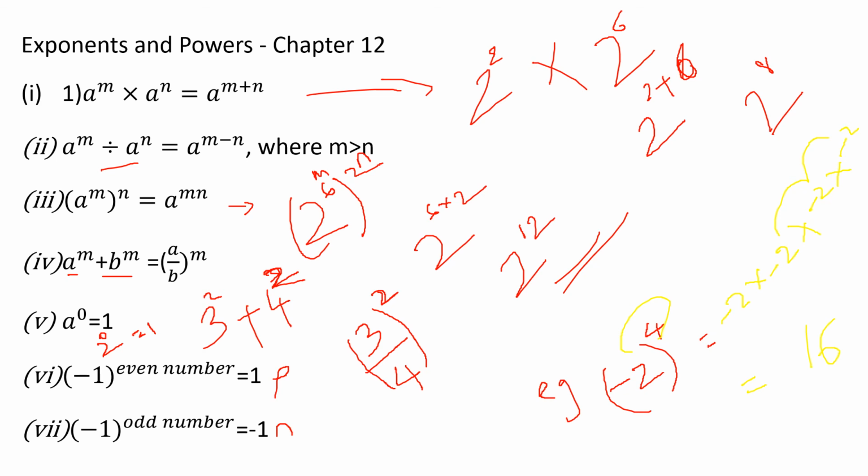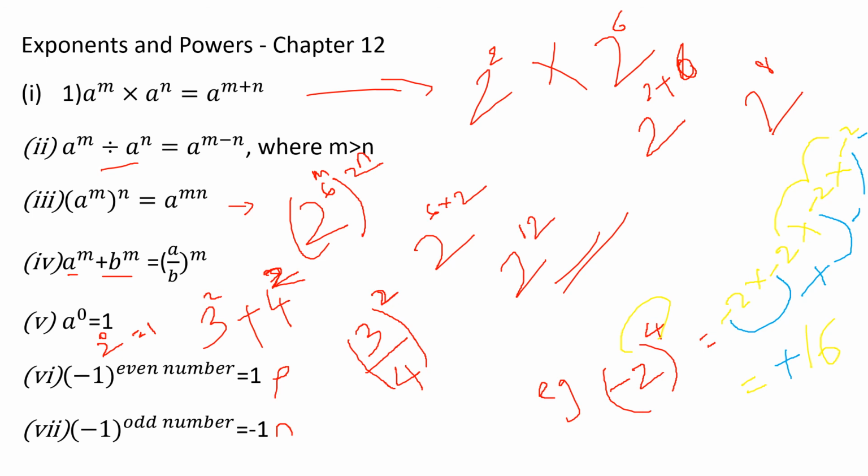If you want, you can check it. Minus into minus, plus, right? Again, plus into minus, minus. Then minus into minus, plus. Look here, it's a positive number. So you don't need to do the simplification, you can just write it down: 16. It's a positive number. If you know this formula, it is easy. You don't need to do minus into minus plus like that. Just write that the answer is a positive number.